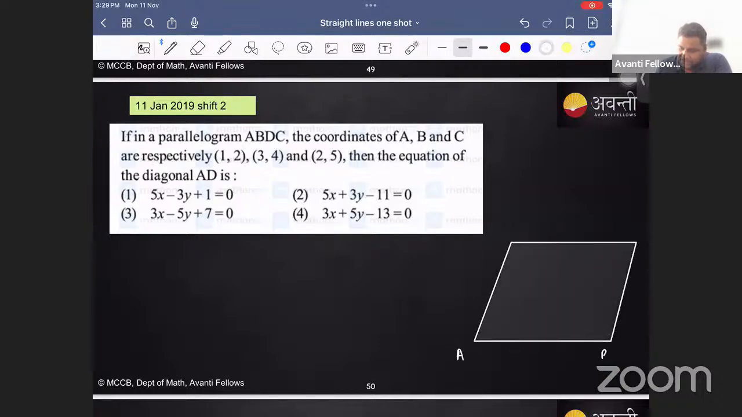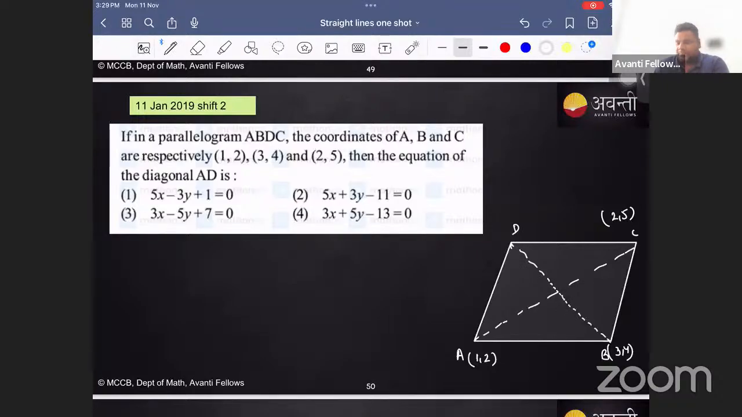A, B, C, and D. Now, vertex A is (1, 2), B is (3, 4), C is (2, 5). Now, vertex D you have to find. So once you get vertex D, you can find the equation of AD. Now see, I know